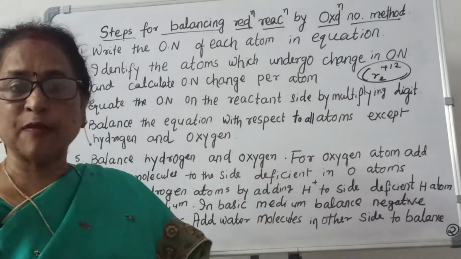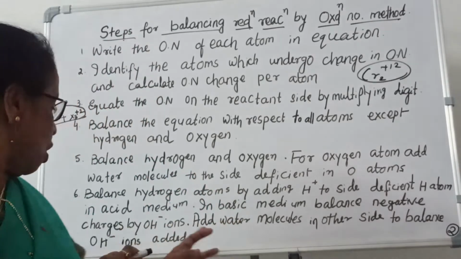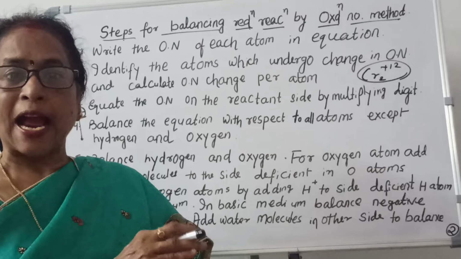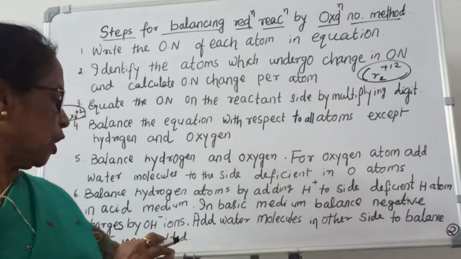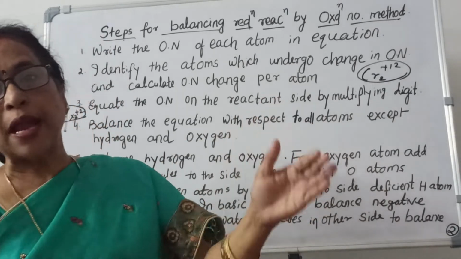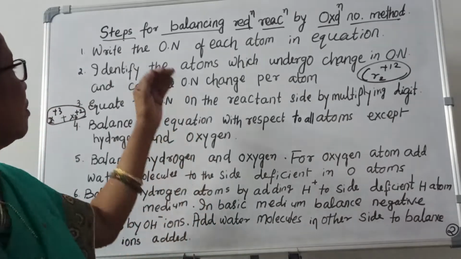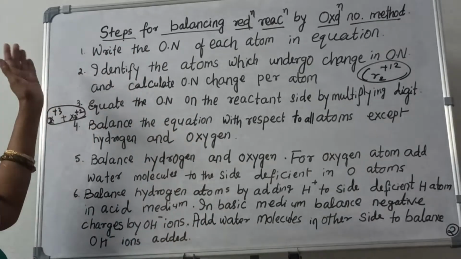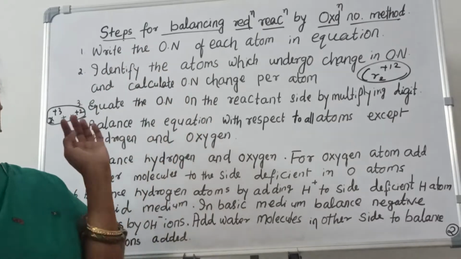If it is a basic medium, then the negative charge should be balanced by OH minus ions. To balance the OH minus ion, add water molecules on the other side. Now again I want to say in short, first you will write the oxidation number of each atom in that